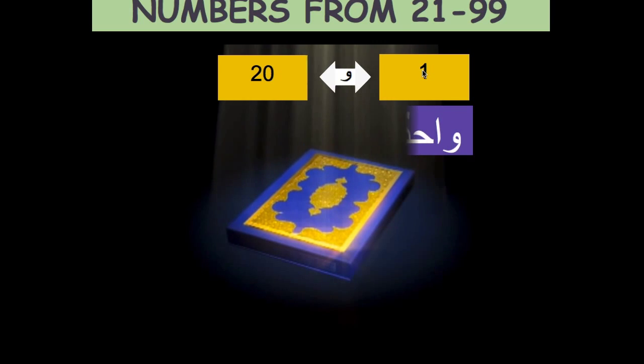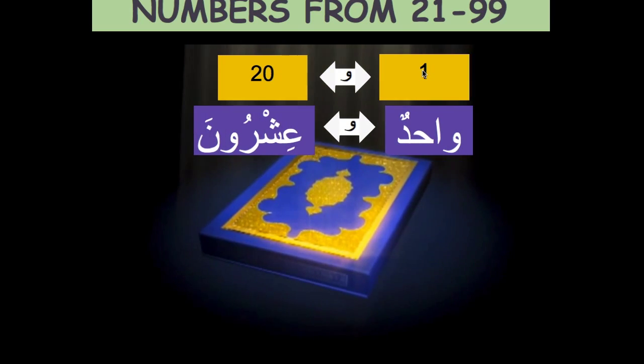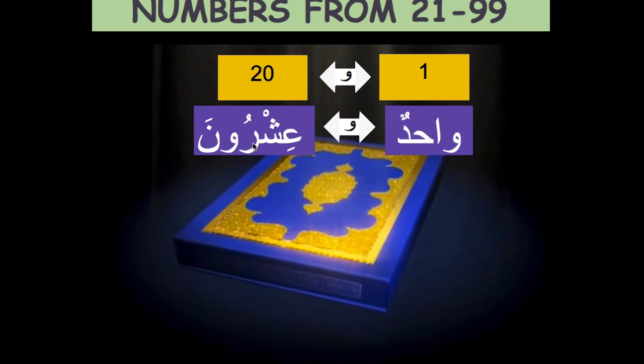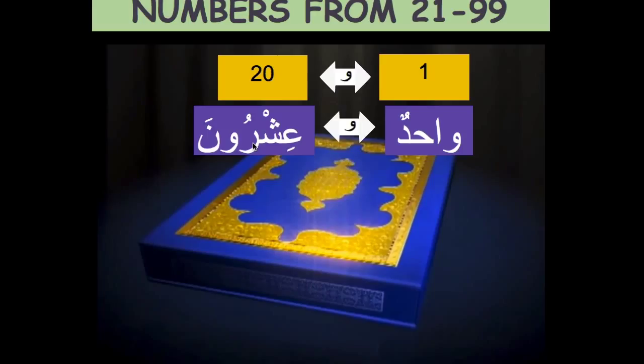For example, if you want to say wahidun wa ishrun, wahidun wa ishruna. Ishruna is a pattern of Jama' Mudhakkar Salim where wow is a sign of marfu, and again ishrina, ya will be sign of mansub and majroor depending on what comes before the number. So again here wahidun wa ishruna, 21